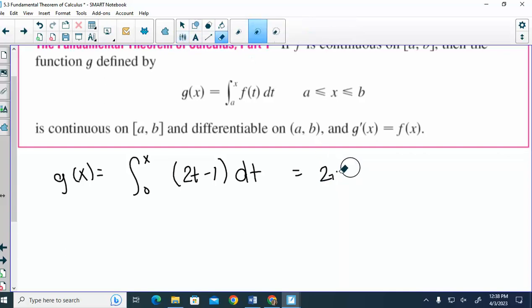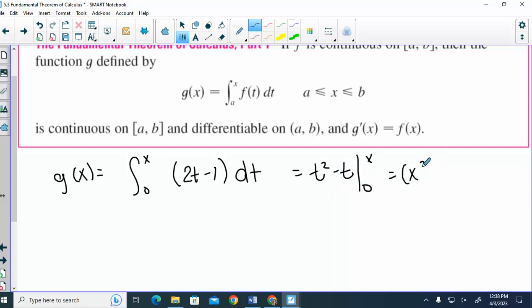T squared minus t from 0 to x. Okay, so if you plug in your x's, you get x squared minus x minus, if you plug in 0, you just get 0. 0 may not have been the best choice. But if I ask you to then do the derivative of it,